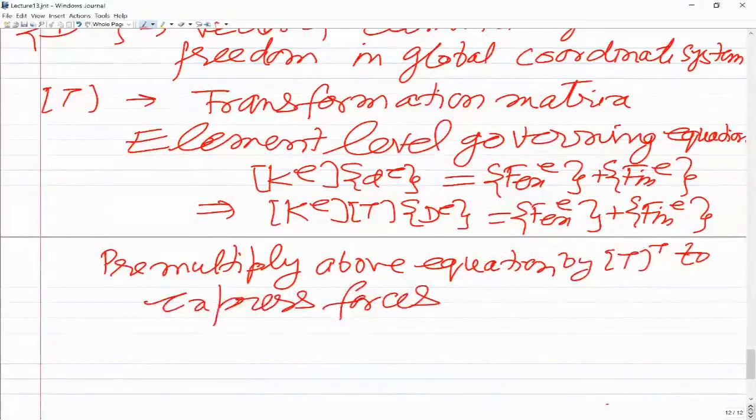So we want to express forces with respect to global coordinate system,